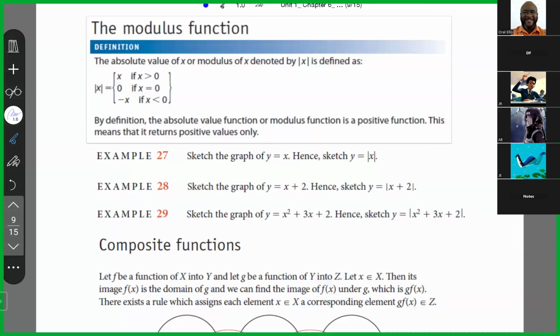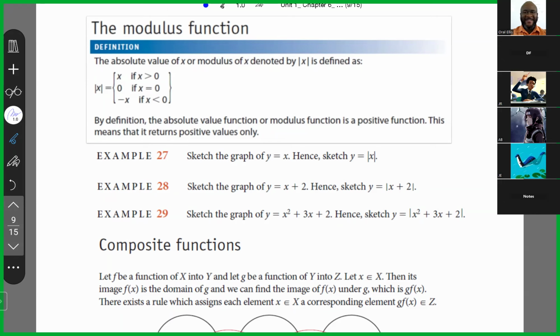All right, so the next thing we're going to talk about is the modulus function and the graph of the modulus function. So the modulus function definition, the absolute value of x or modulus of x, denoted as x with two strokes beside it, one to the left and one to the right. So the absolute value of x or modulus of x, denoted by what I just said, is defined as